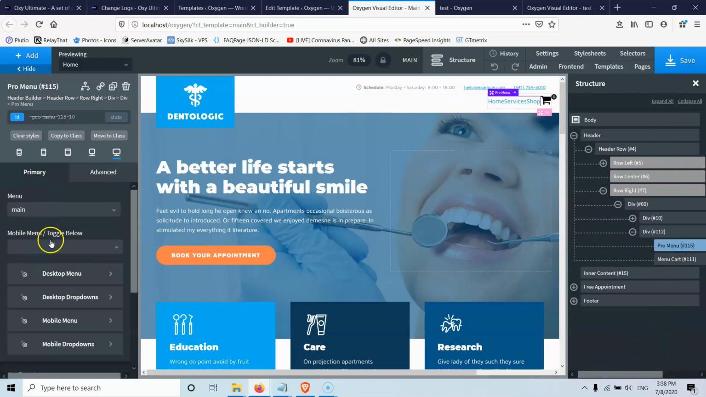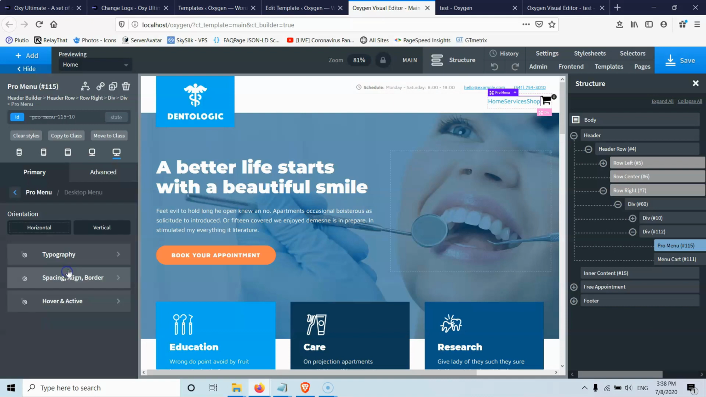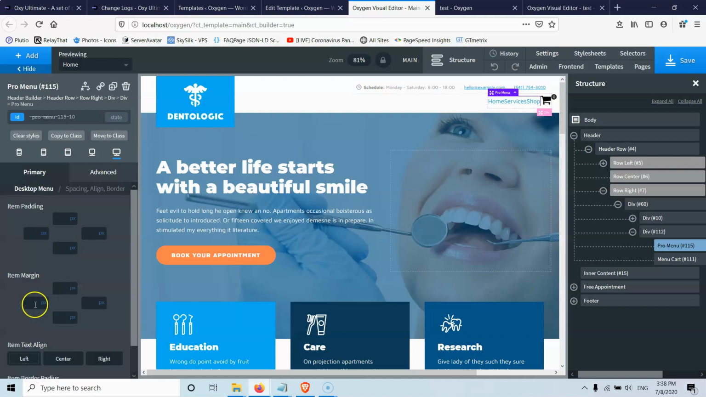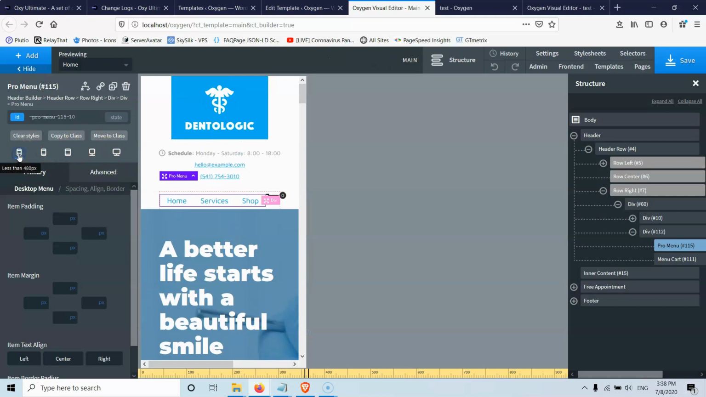And the Pro menu, let's quickly put some spacing. Let's go for item padding 15 and 15. This is the default that Oxygen will give us to the menu. And this is how it looks. So if I go now to the mobile version, I will see that